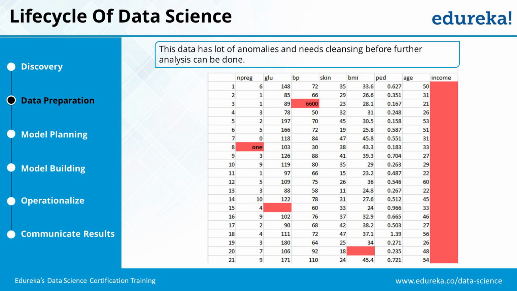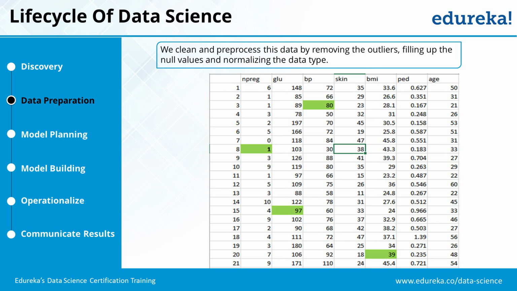So we might need to replace this data item. Similarly, in NPEG, we see that the rest of the values are numeric and there is one value which is alphanumeric or string data type. So this row should be removed. And again, income is one column that is not required for this particular data set at all. So it should be removed from my data on which I'm doing any analysis. So we clean these values. The data scientist has to clean up these values. There are different approaches that can be taken. For example, this high value in BP might be replaced by the average value of the rest of the values. The string value was replaced by a numerical one, and so on and so forth.